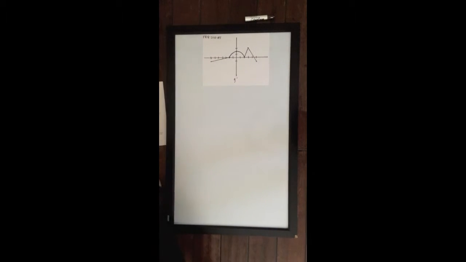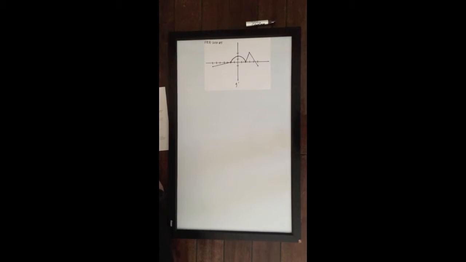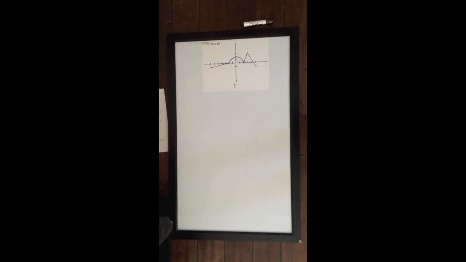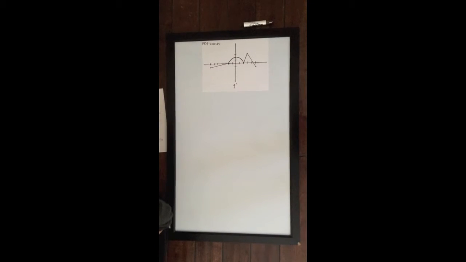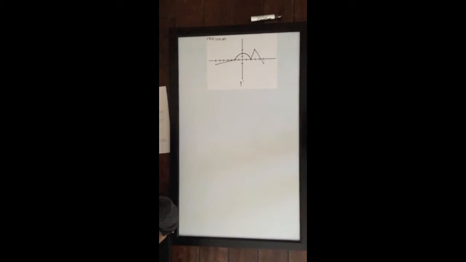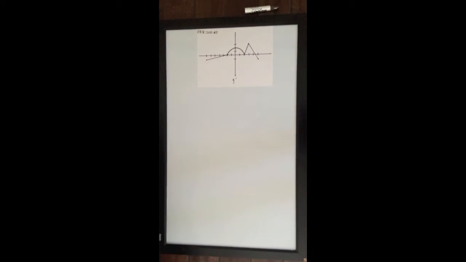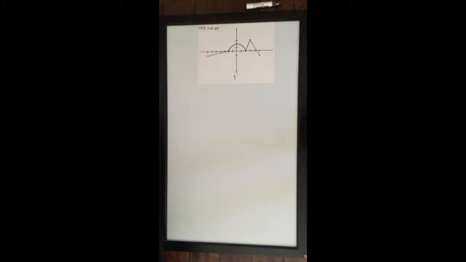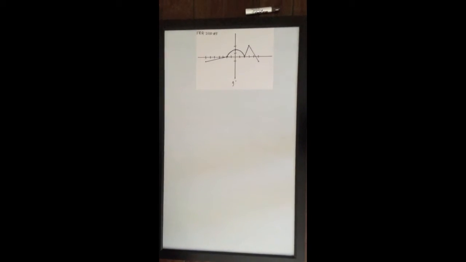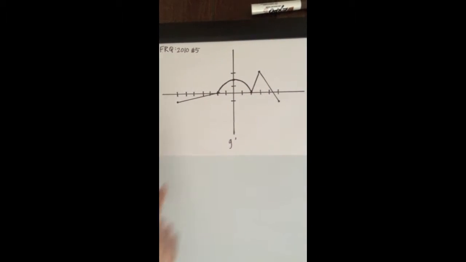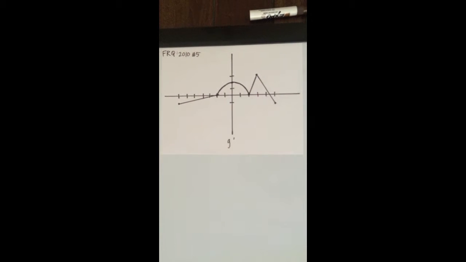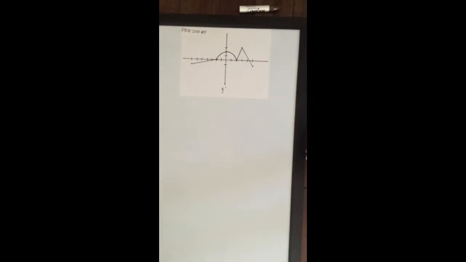We'll be doing FRQ number 5 from 2010. This problem says the function g is defined and differentiable on the closed interval -7 to 5 and satisfies g of 0 equals 5. The graph of y equals g prime of x, the derivative of g, consists of a semicircle and 3 line segments as shown in the figure above. So the first problem says to find